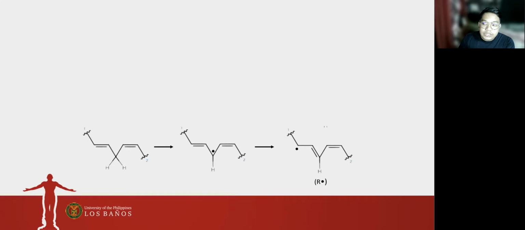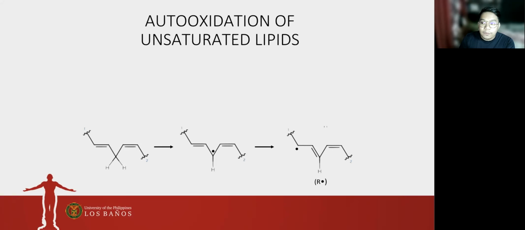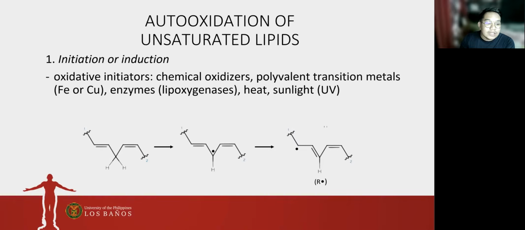So let's see this reaction. No? So we have 4 steps for auto-oxidation of unsaturated lipids. So first, we have the initiation step. So for the initiation step, the oxidative initiators are the following. We have the chemical oxidizers, we have the polyvalent transition metals, we have the enzymes, we have the heat and